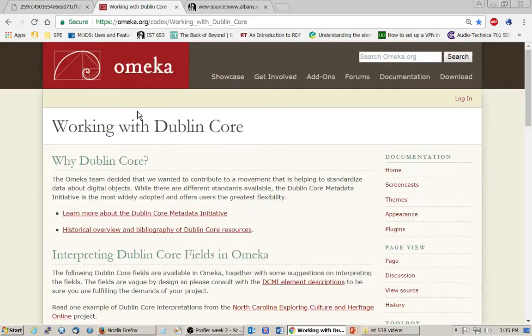Again, I just have you looking at Dublin Core because that's the metadata portion of this course. So we want to just talk about Dublin Core, but just to zoom out a little bit, Omeka is repository software, and the final project is going to be for you to build a digital library or digital repository using the software Omeka. So pretty much from here on out, any assignments or exercises that we're doing are going to